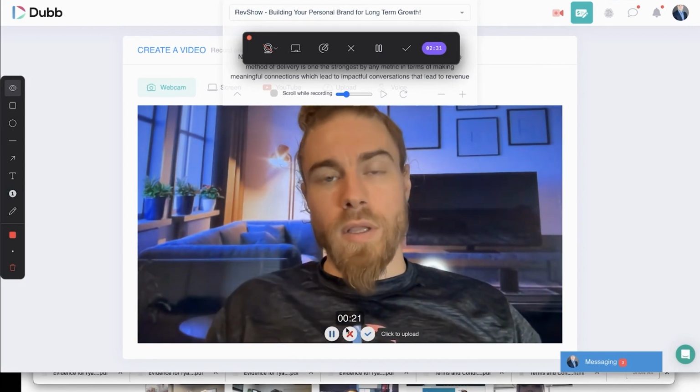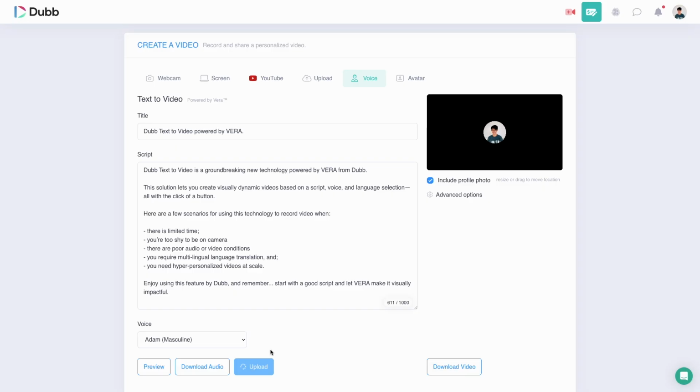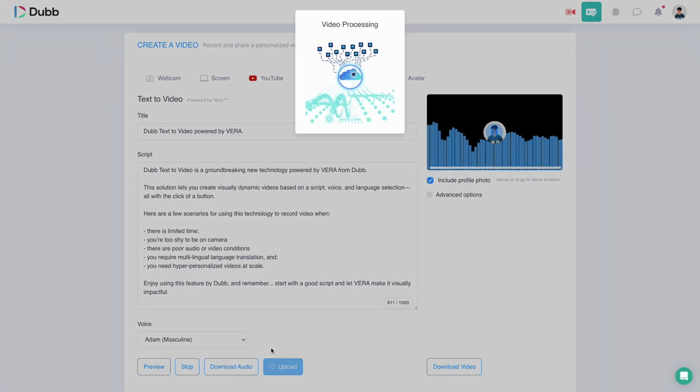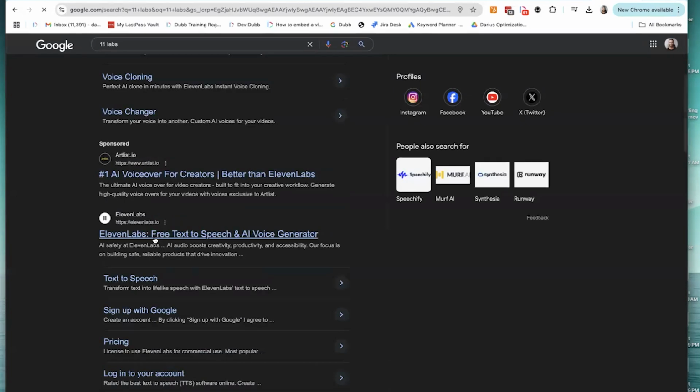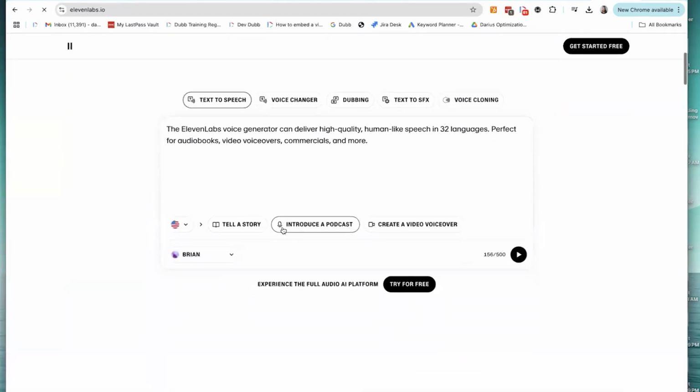So what we recommend to people is to actually just record your voice using your own voice. You can record your voice using your camera on your phone. You can generate voice using AI on Dubb. We actually have a feature called Vera, which allows you to input text and then that can generate voice. Or you can use a third-party tool, like some of the ones that we mentioned, like HeyGen, that allows you to generate a voice,